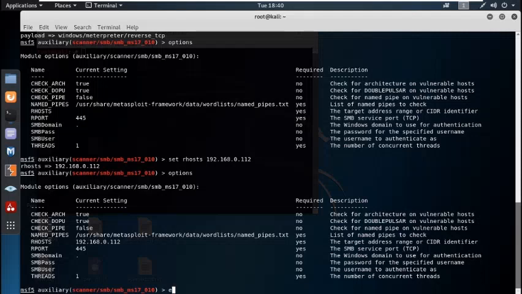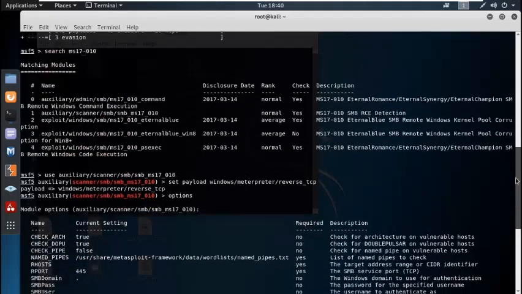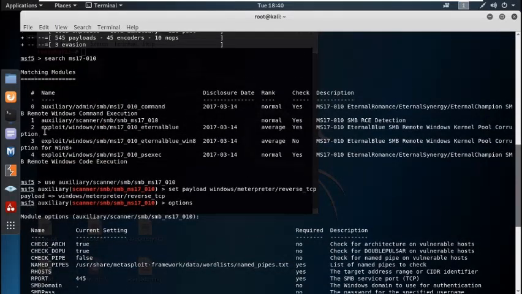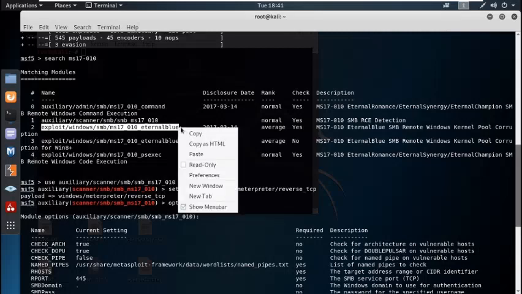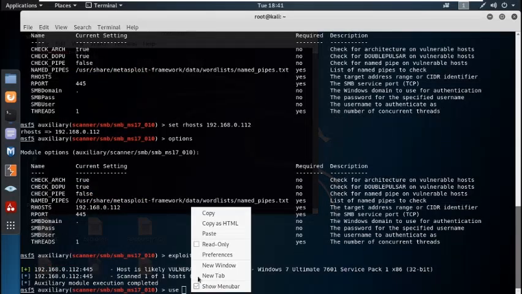So now if I click on exploit, I can see the host is likely vulnerable to MS17-010. So I can start my exploitation now. I will now use the exploit module. I will use this exploit, windows/smb/ms17_010_eternalblue, to exploit the EternalBlue vulnerability. Now if I use it,